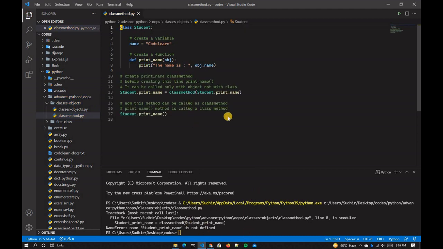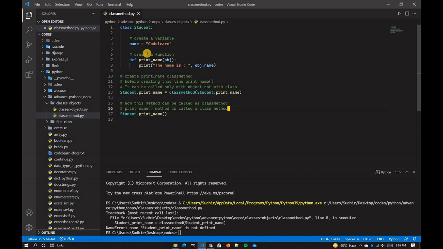First of all, you have to declare the class, and inside that create a variable, and that variable name is going to be name, and you assign it a string, and in this case I assigned it Codeolin. After that I created a function, and that function name is print_name, and I passed a parameter obj, which is the object, and then I typed print, the name is, comma, obj.name.